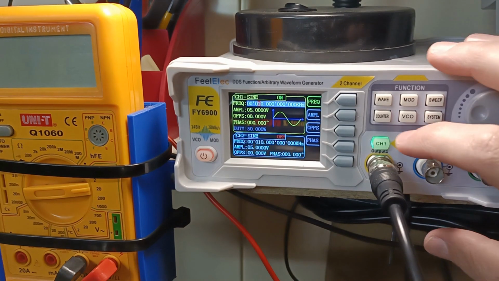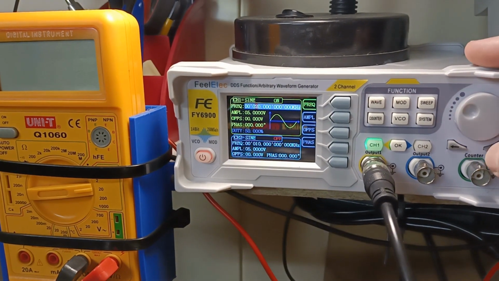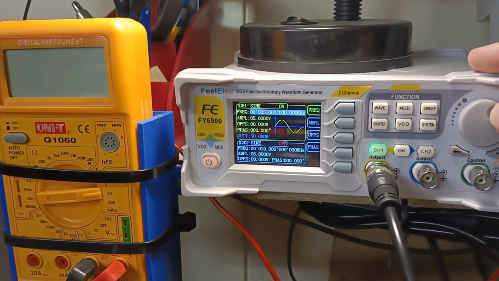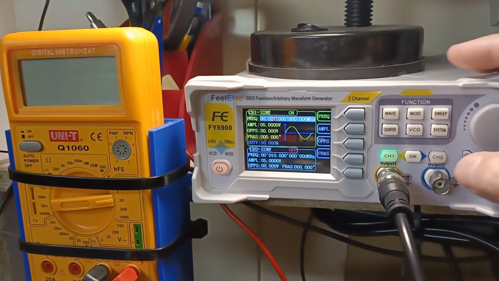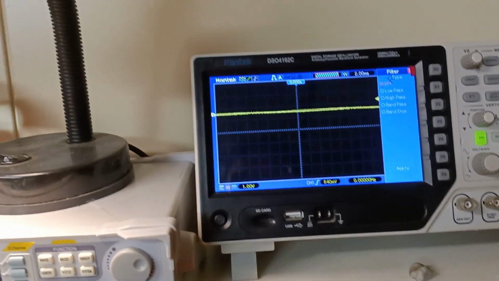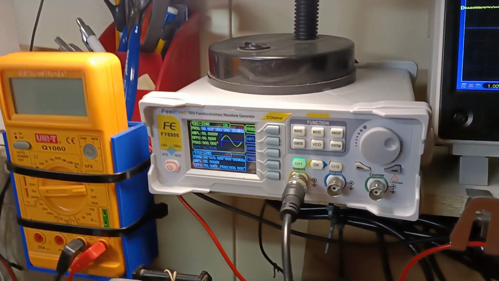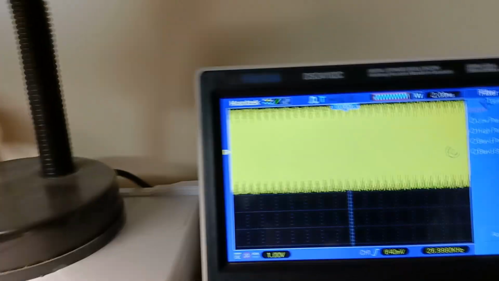Channel 1, frequency, and then what we're going to do is hook up the oscilloscope to connect to the signal generator output so we can see what's going on. So I have done that now, and we've got something coming up on the scope,